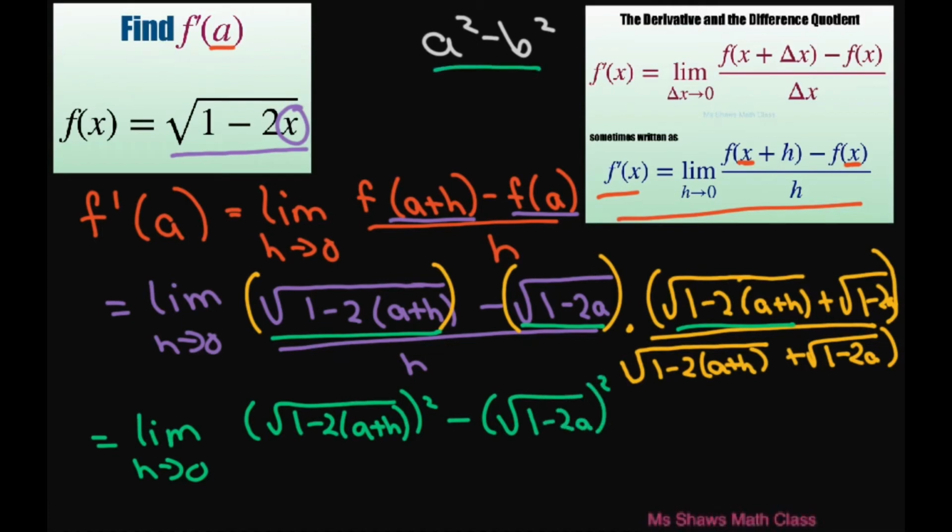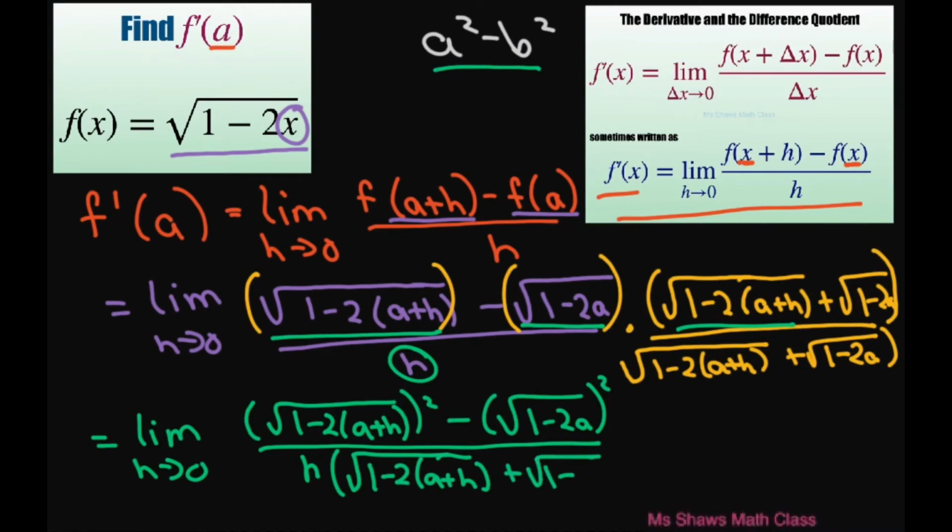So we did that. And the denominator, all we have to do is multiply this h by everything. So that's going to be h times the square root of 1 minus 2 times a plus h plus the square root of 1 minus 2a. All right. Now what we're going to do next is simplify our numerator. So the square and the square root are going to go away. So let's do that. We're going to have the limit